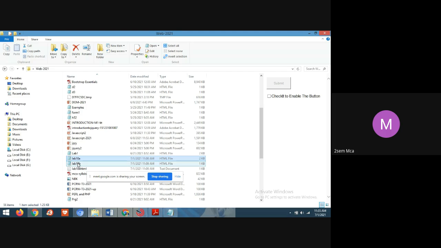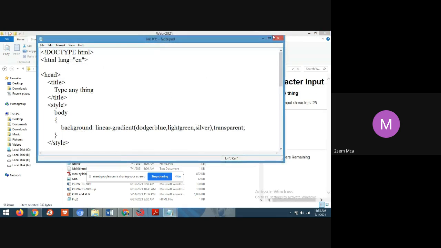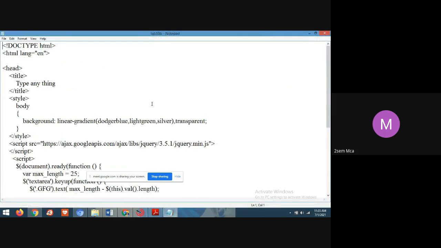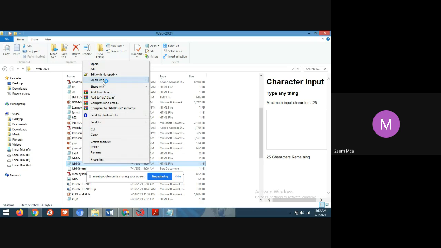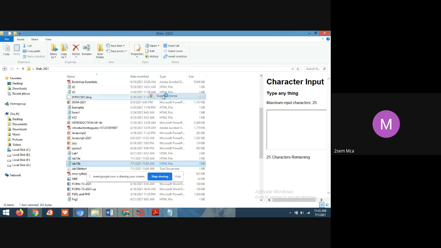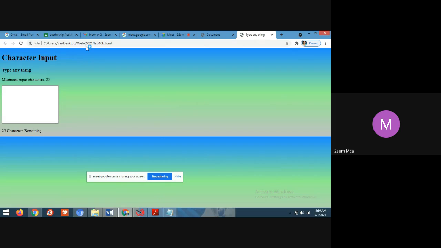And one more program, that character program. The maximum character, he has taken 25 characters. You reverse the program number, Darshan. So here the maximum input of characters is 25.